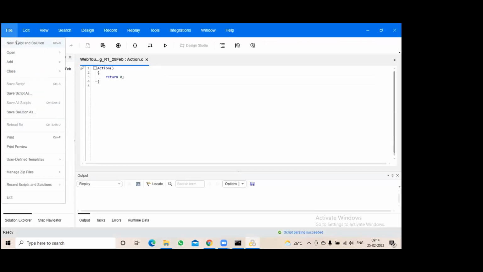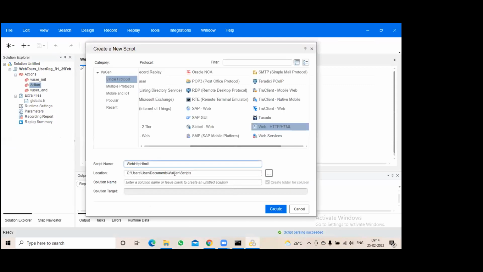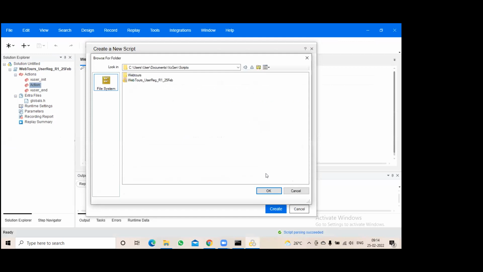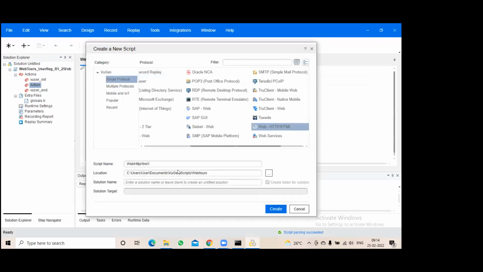I missed that, sorry for that. So go here and now click on these 3 dots and select that folder like this and give OK. Now if you click create, it will be created in that folder, web tools,